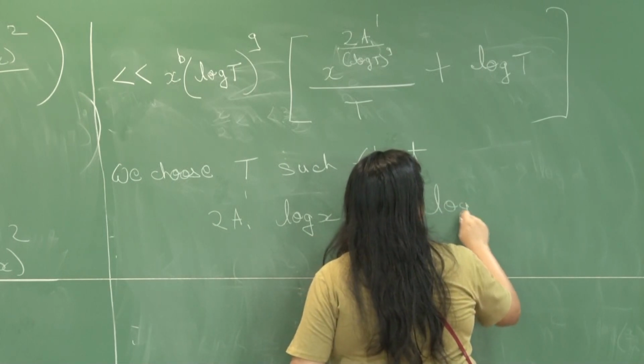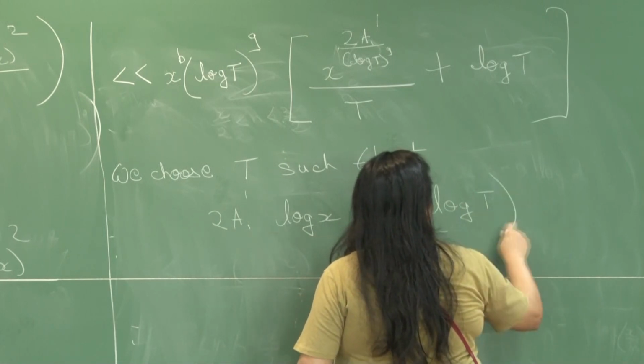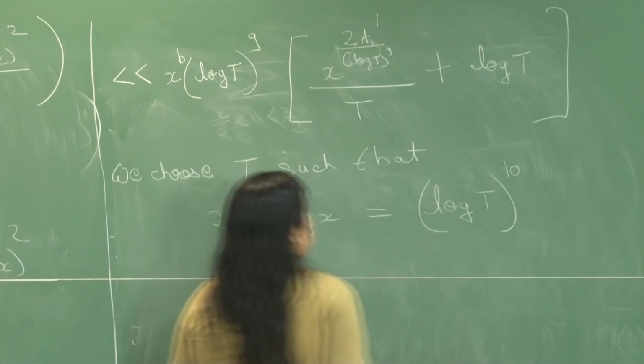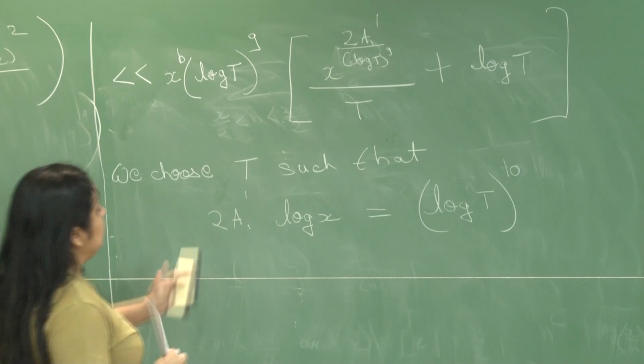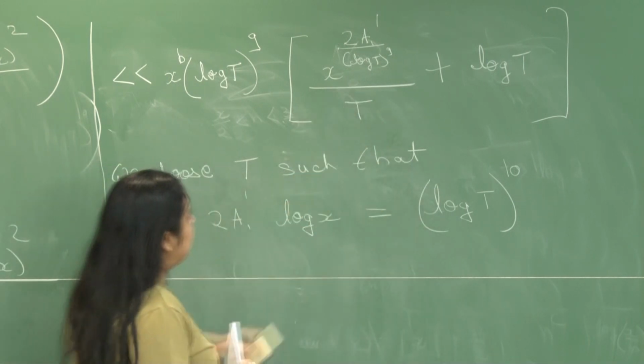Why are we choosing it in this way? I have tried out many different choices and this seems to work the best. Why does it work? With this choice, what happens is,